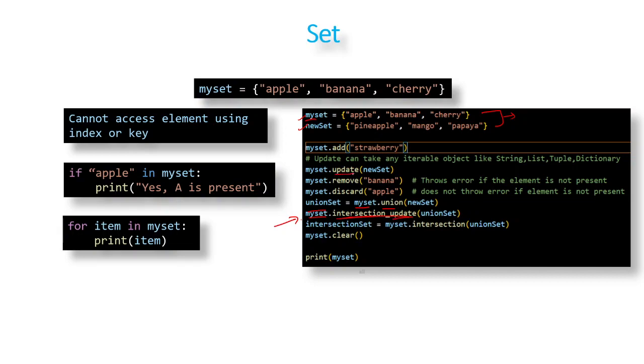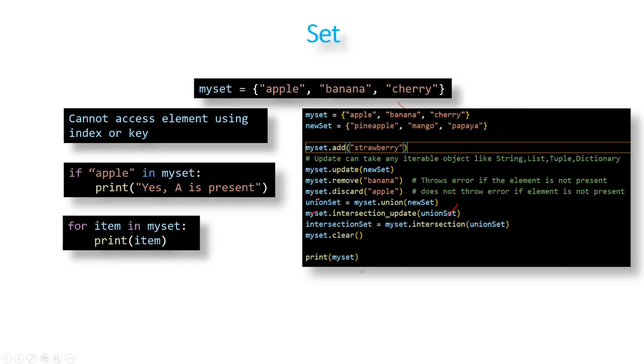We have seen what update does, it updates the original one. So it will take the intersection of the union set that we have created and my set, and store that value inside my set. Hence my set will now be the intersection of union set and my set.